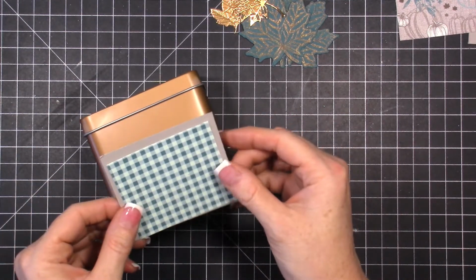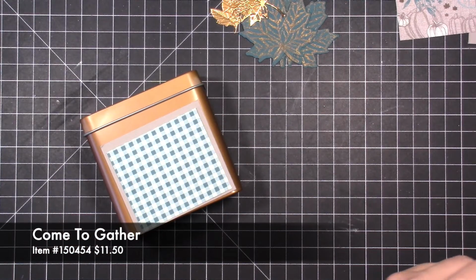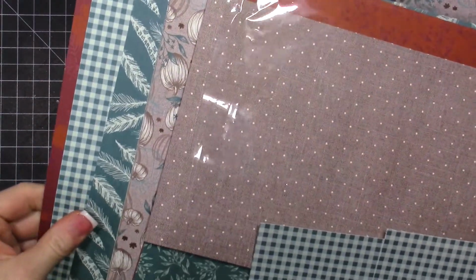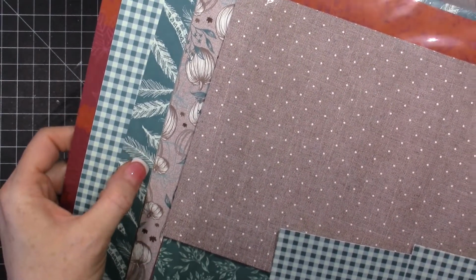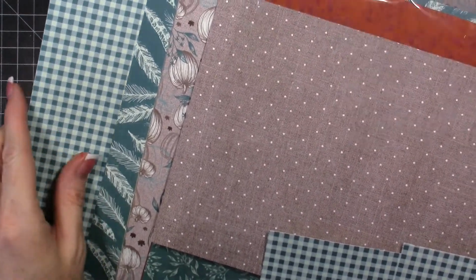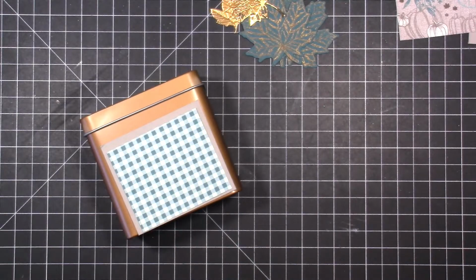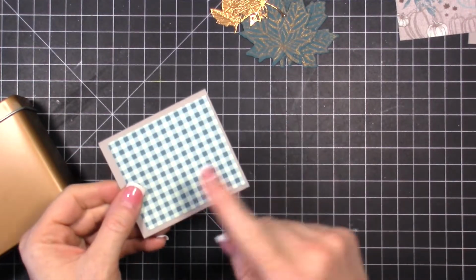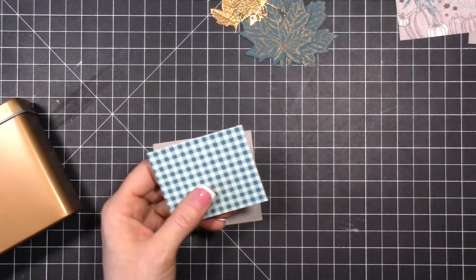So what I've done is I'm using the Gather Together designer paper. This is our fall paper in the holiday catalog. I really love this paper. It features Pretty Peacock, which I love, and I think this goes really well with the copper. And then it has the checks in here, which you know I love, and it's just got some really great pieces in there for fall. So what I've done is I've taken gray granite, and then I've taken this piece here, and I'm gonna layer those together, and I'll give you a rough measurement,